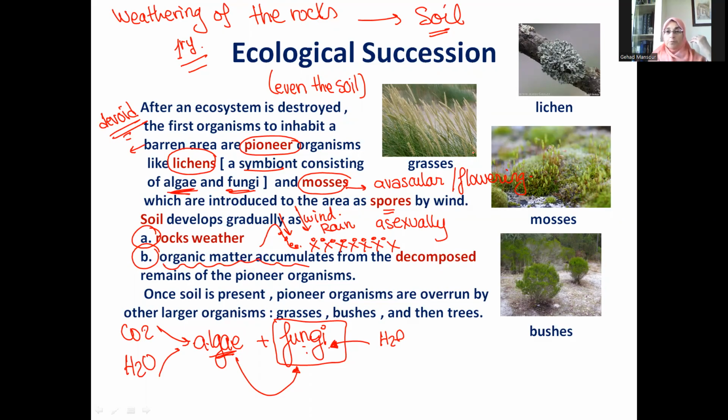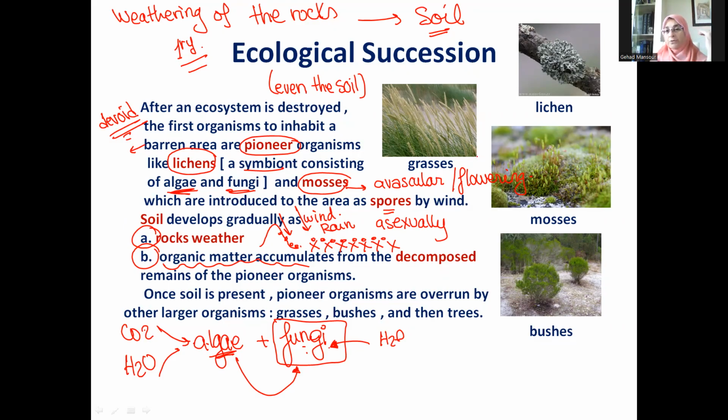Okay, so we have algae and fungi that are pioneer organisms. This lichen, this symbiotic relationship, can be carried, by the way, there are microscopic or unicellular algae, there are also unicellular or one-celled fungi, and these organisms can be carried to the place, and together with the weathering of the rocks and the accumulation of organic material from decomposition, we can have a new